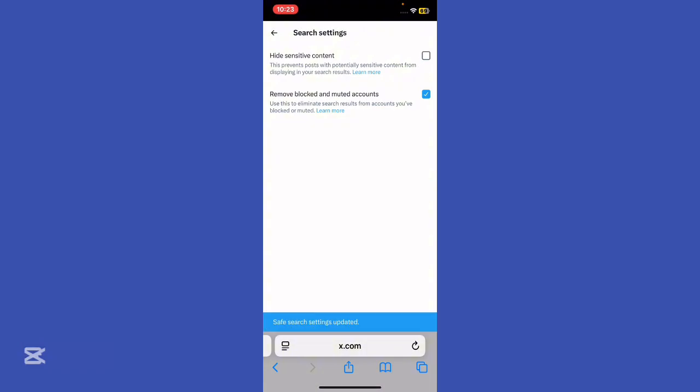content is unchecked, right? And close your X mobile app completely and reopen it for the changes to take